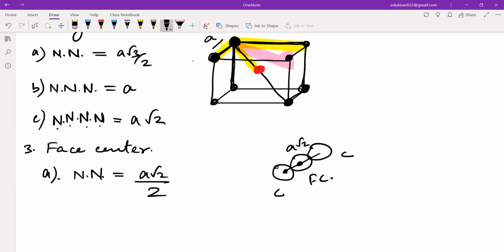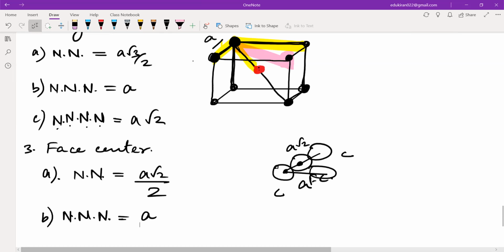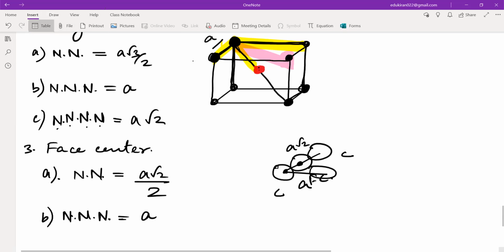Now what will happen after that? Here there is a corner atom, and after that there will be a corner atom here also. So this distance will be A. Okay? So the next to next nearest neighbor will be in the same layer. It will be A distance away, right? Yes, sir. Right? In the same layer. Okay? A distance away. Now let us look at